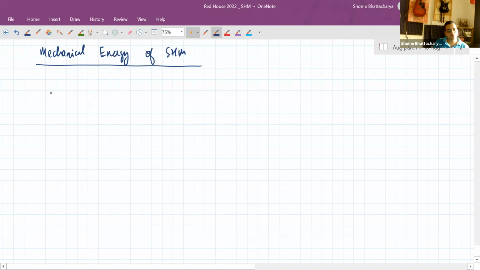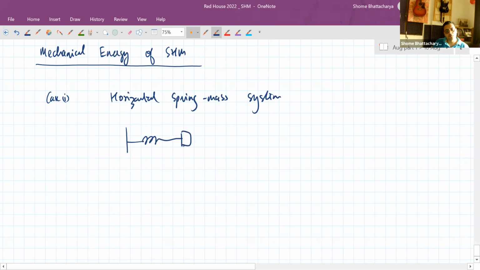So in the case of horizontal spring mass system, if at any particular point of time the spring is having either an extension or a compression and the block is having a speed in either direction,